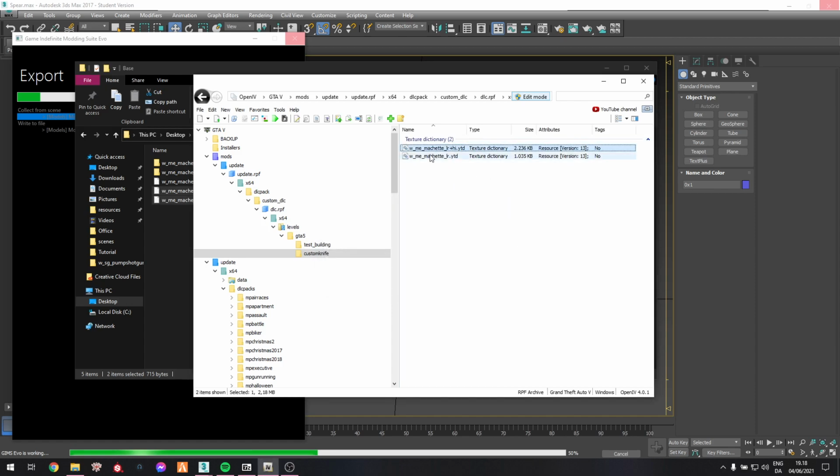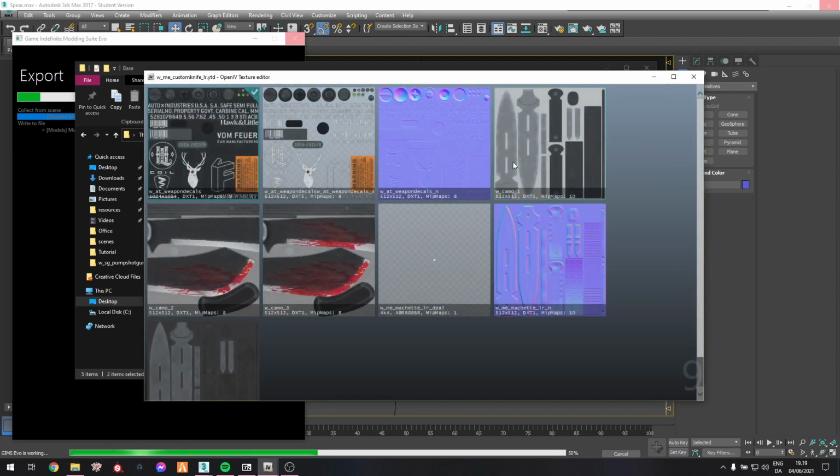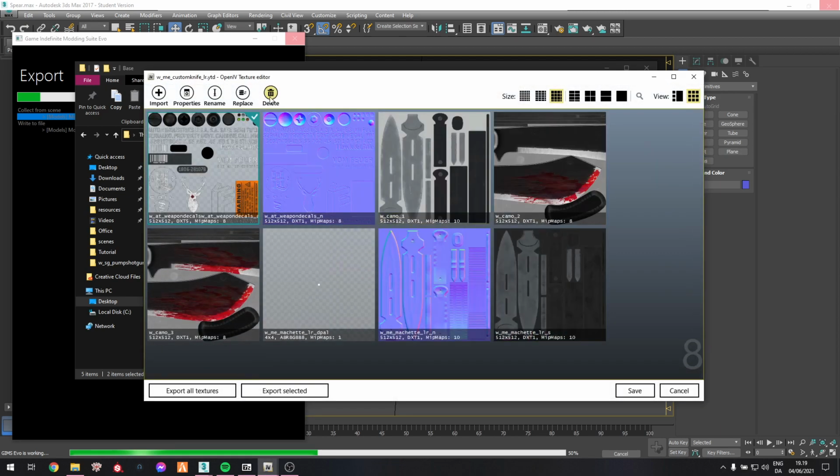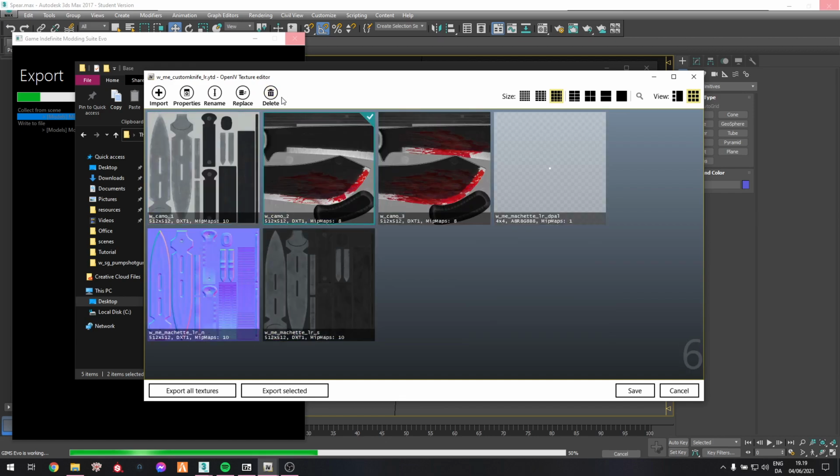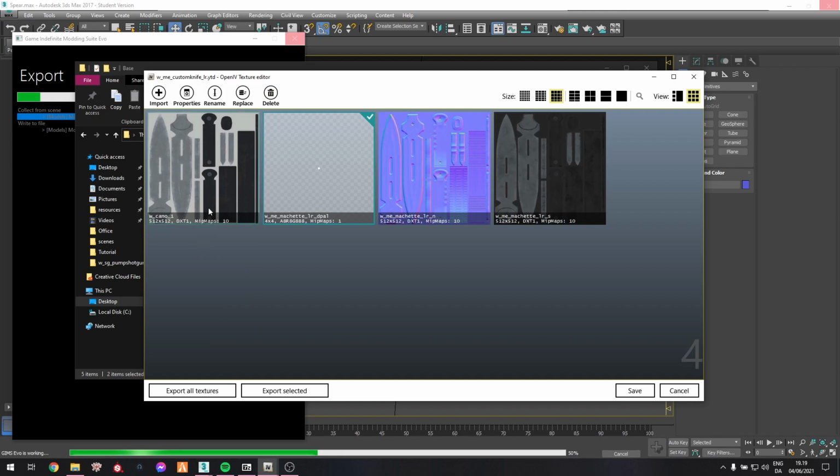What I want to do now is I want to rename these two as well to custom knife and machete custom knife. I'm going to open up the LR, the one without the high. I'm going to select the ones that we don't need in this case. So these here. And then we have these 4 files, which is the ones we want to use. It doesn't matter that they're